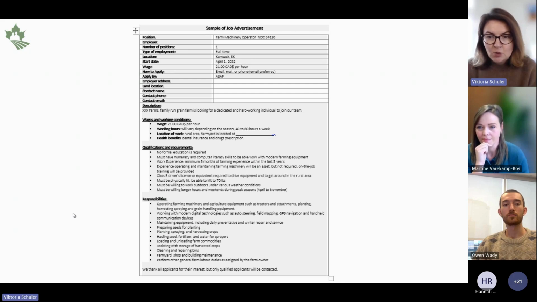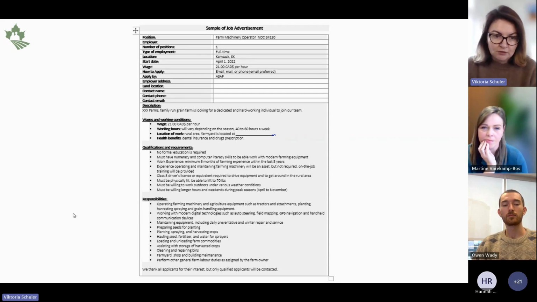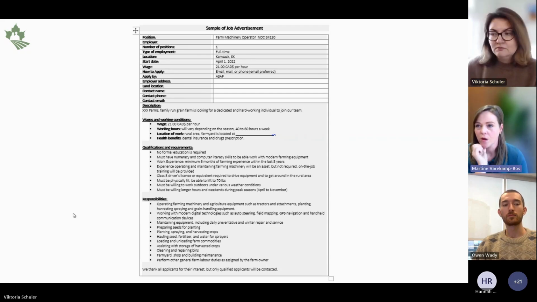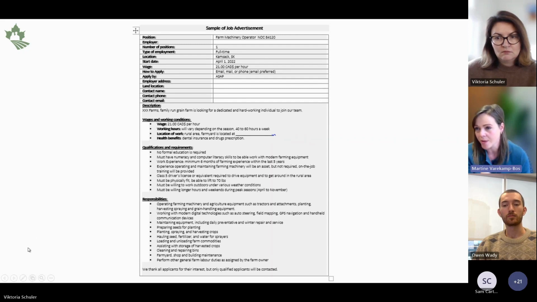And there was also a question from Sarah. Do you need to report the number of temporary foreign workers that apply from outside of Canada? No, you do not. In those applications for low wage and high wage applications, you are reporting on the number of Canadian and permanent resident applicants, and then you're reporting on how many you contacted and how many you interviewed